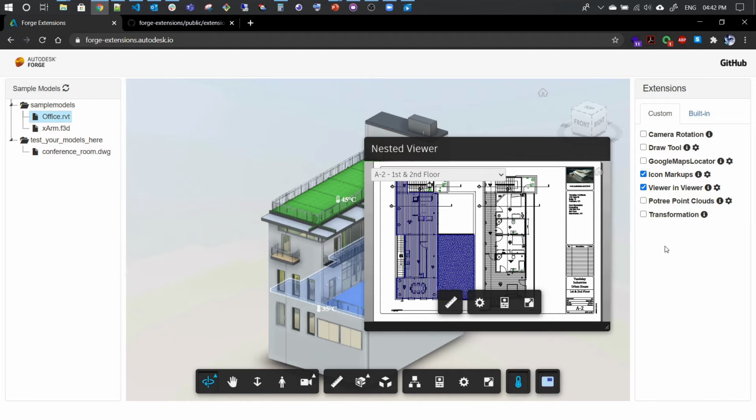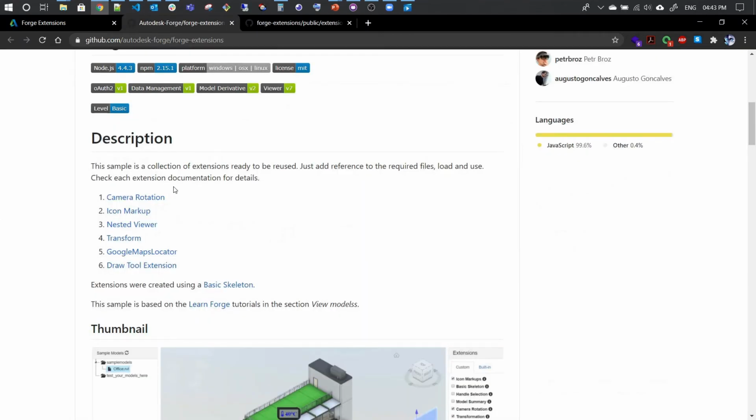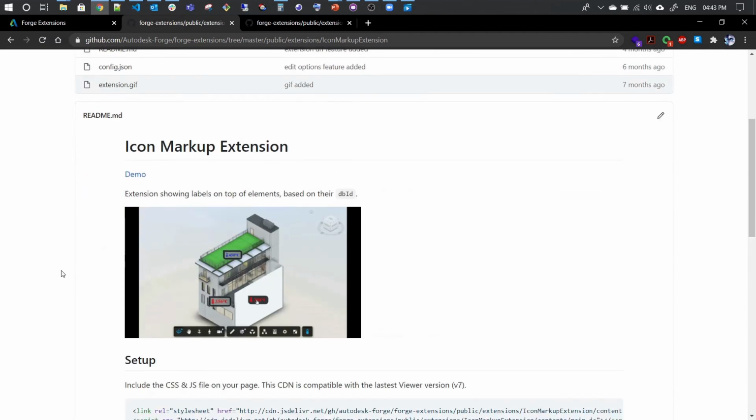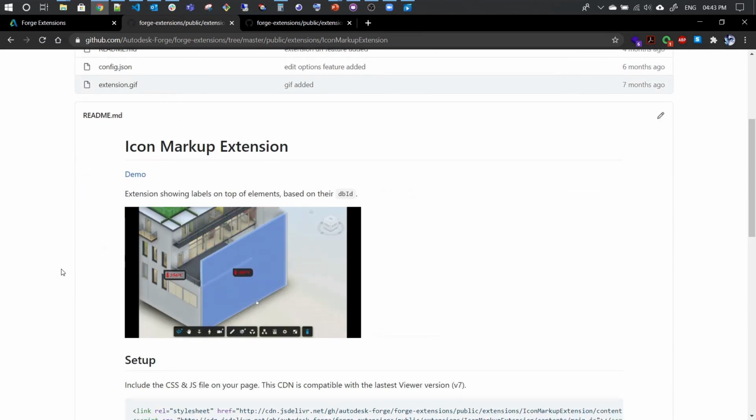So let's check the code at a high-level overview. Here's the link for GitHub. Here we have the list of extensions. We used icon markup. Let's click on it. Here's the icon markup extension.